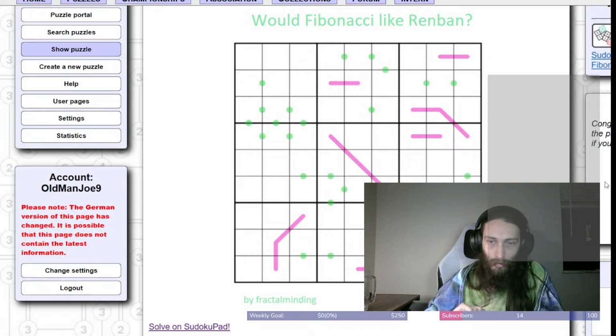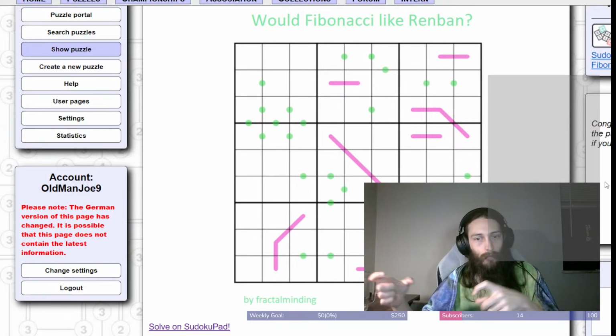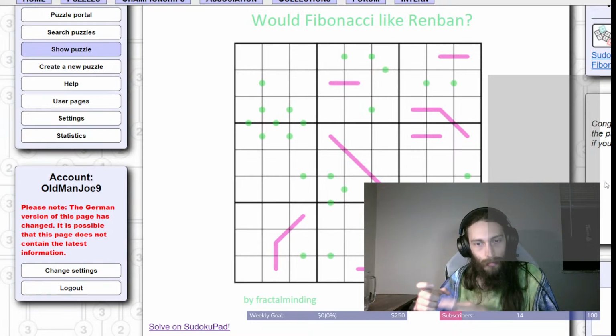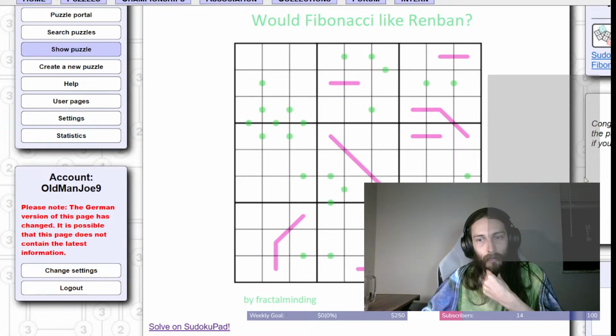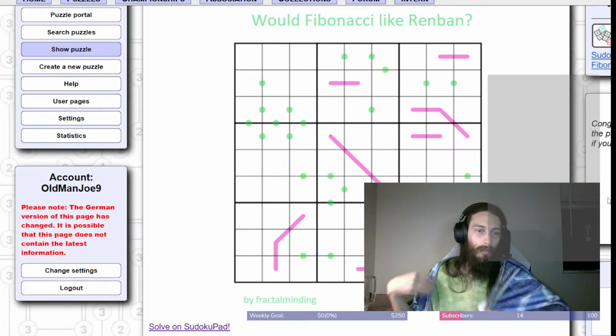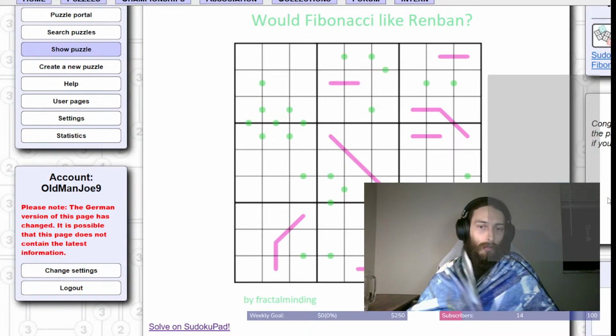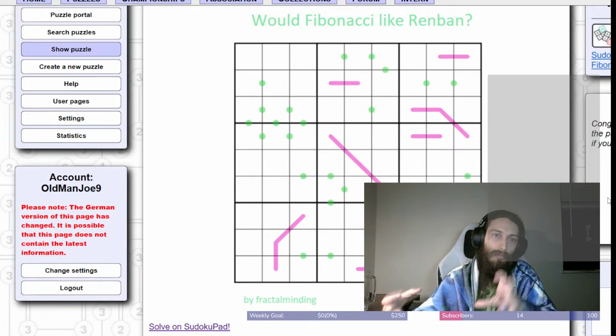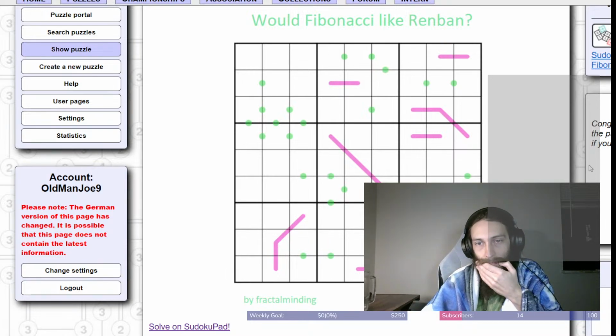And then Renban lines aren't too difficult either, depending on the logic involved with them. I think there was a couple of times where you had to consider what the options were on a Renban, so that might be an average more than easy. But I mean, that's sort of how Renban lines are supposed to work, is to consider, okay, I have the full set. So I don't know, maybe,